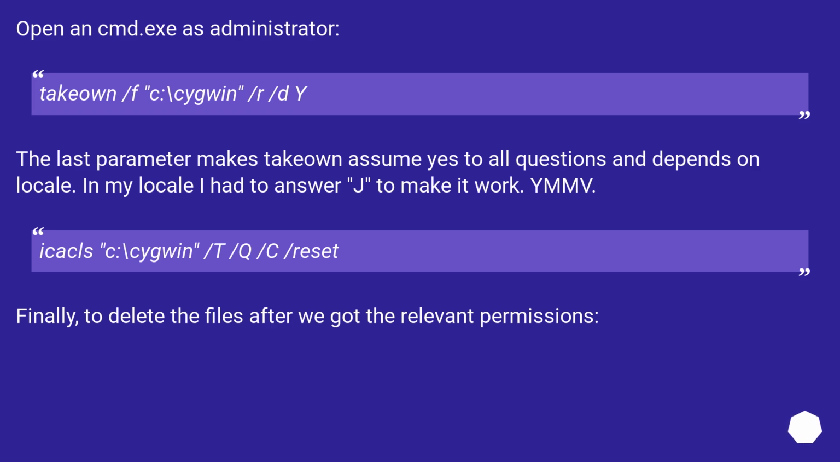Use icacls C:\cygwin /t /q /c /reset. Finally, to delete the files after we got the relevant permissions,